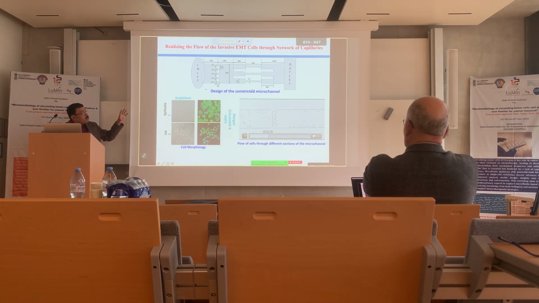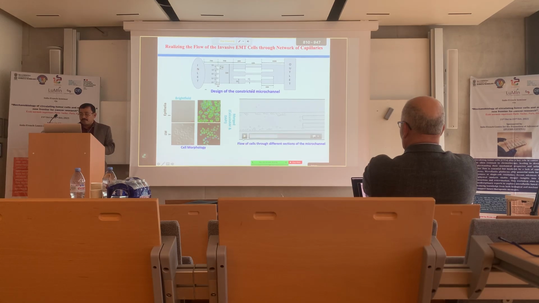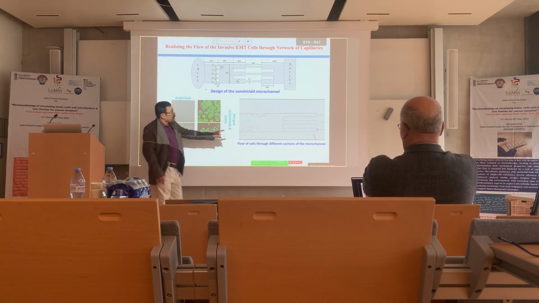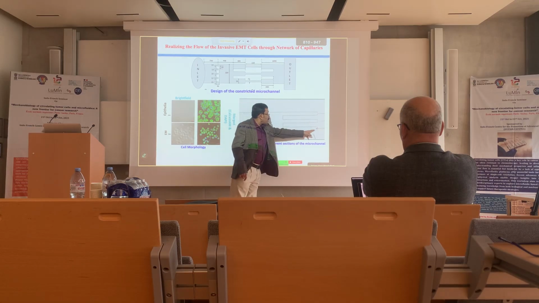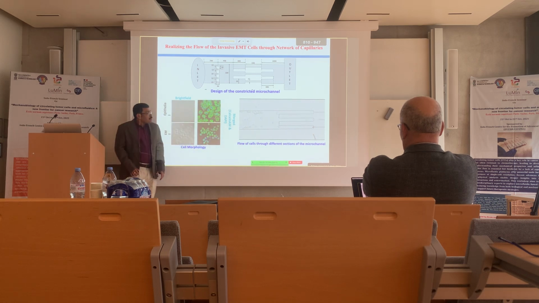If one channel is blocked, then the other cells pass through the other passages. So here you can see. So these are the other channels. So you can see here somewhat it is blocked, so it is unable to pass. So other cells are passing through the other channels. So we have done some other study